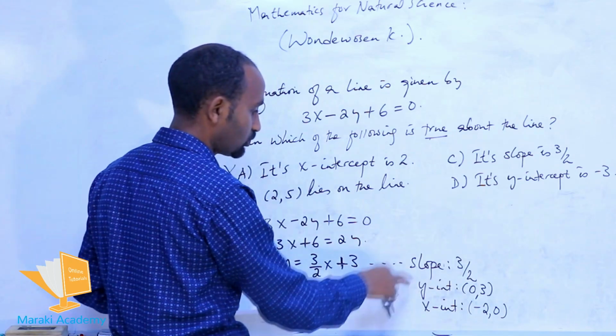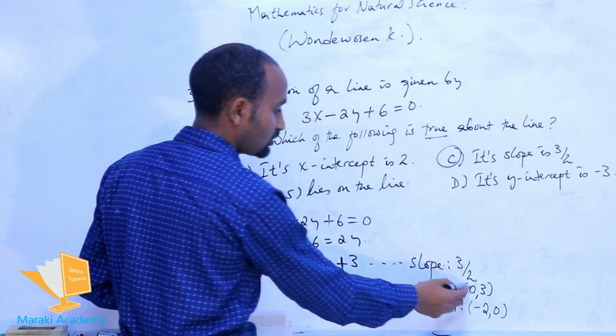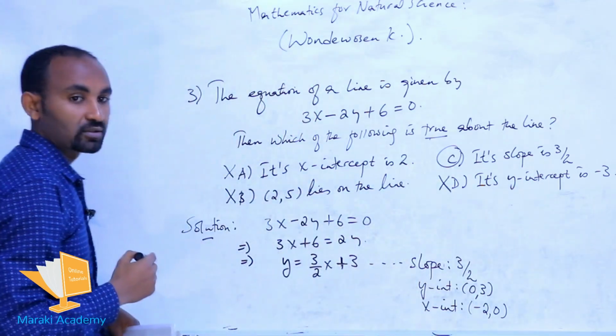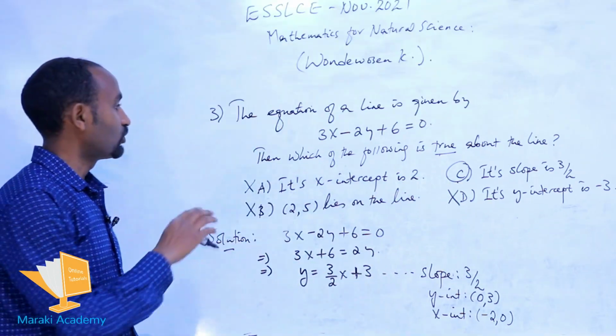Its slope is 3 over 2. The slope is 3 over 2. So this is correct. The y-intercept is (0, 3), or the y-intercept is 3, not minus 3. So this is incorrect. Therefore, the correct answer is C. The slope is 3 over 2. So we can see that